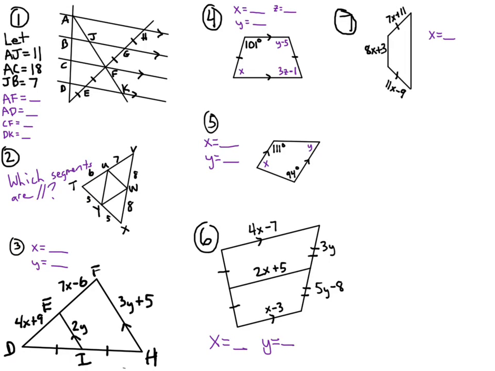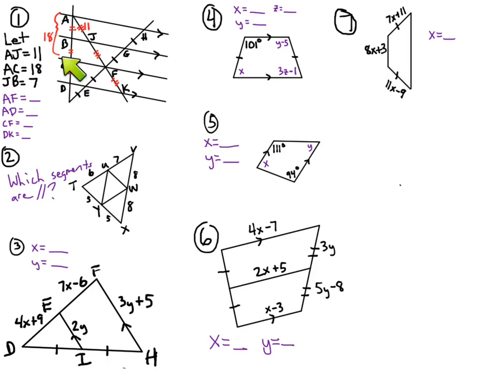Let me walk you through the important things that I hope you're remembering about 5.3 and 5.5 here. All right, so this first question involves a series of parallel lines which are equidistant from each other because HG is congruent with GF is congruent with FE. That means every other transversal, including the one that includes AK and then AD, are also going to be made up of congruent parts. So when it tells you that AJ is 11, when it tells you that AB here